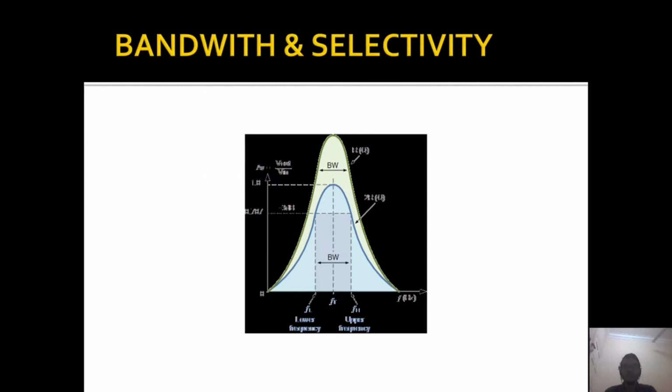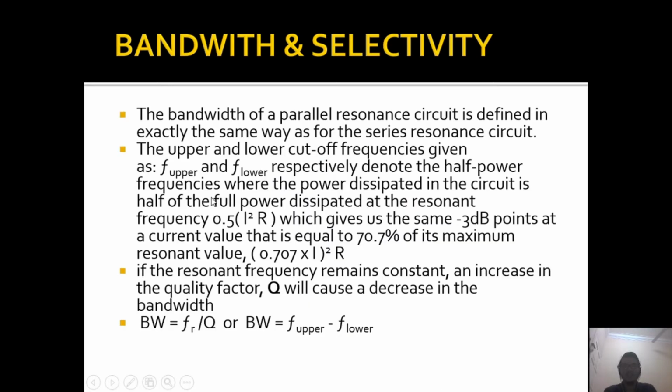Okay, I want to talk about the bandwidth and selectivity. This is the graph for the bandwidth. Next, the bandwidth of a parallel resonance circuit is defined in exactly the same way as the series resonant circuit. The upper and the lower cut-off frequencies, given as frequency upper and frequency lower respectively, denote the